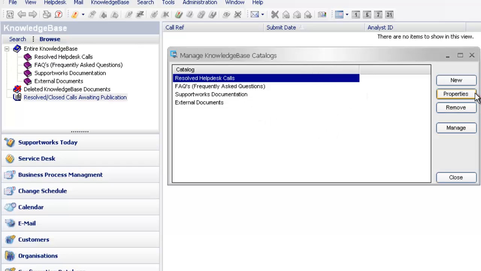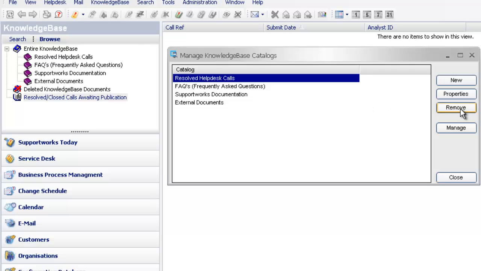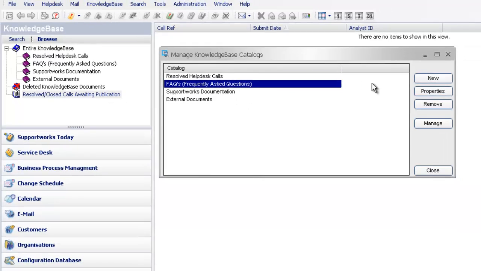On the right-hand side you can see that you've got the ability to add a new one, which we're going to be doing in the same video but a bit later. We have the properties to go into each catalogue's properties, the ability to remove a catalogue, and to manage. If I just go to the properties of the FAQs, for example,